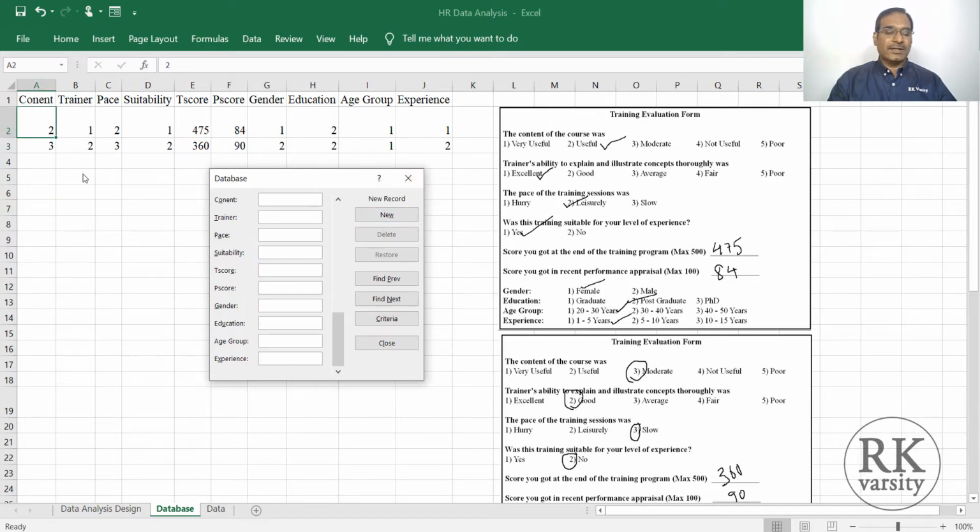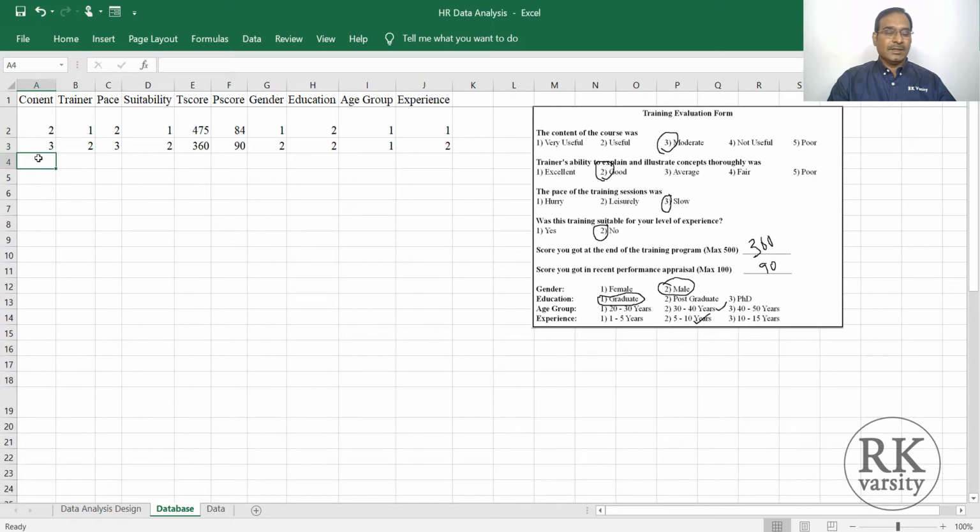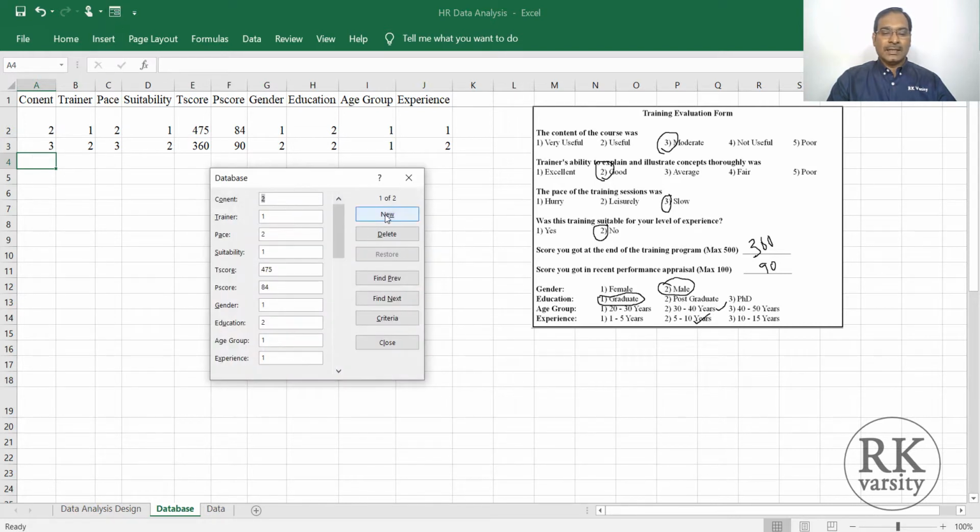Now let us say after entering some records, you want to close this, simply close it and leave. After some time, if you want to enter the data of other forms, then simply place your cursor anywhere in this database, click on Form and click New. You will get an empty form here.